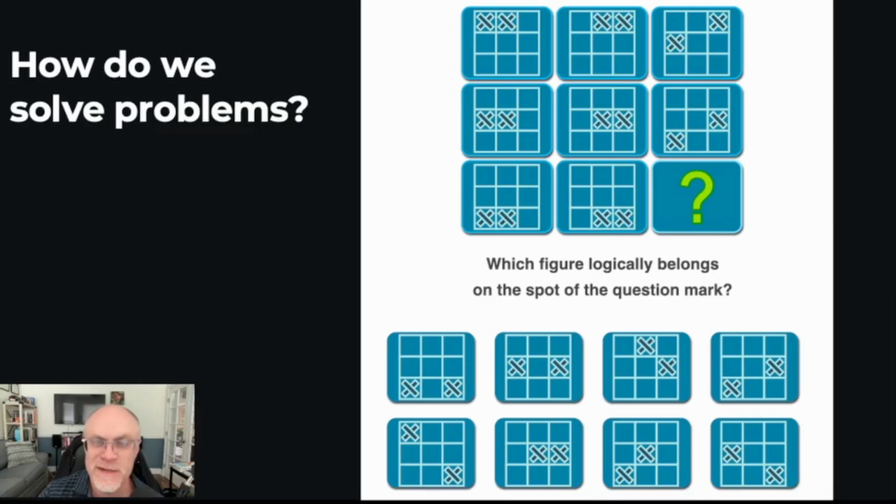Now, when we're talking about intelligence, we're often talking about the ability to solve problems. And if you can create a general intelligence, you can solve problems that you haven't specifically seen before, but you can use skills and patterns you've already learned to do that. This question here is a typical kind of IQ test question. It is pattern recognition and then applying that to solve the problem. So which of these figures belongs where the question mark is?